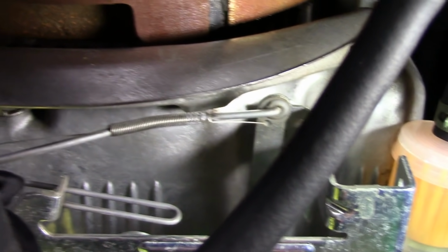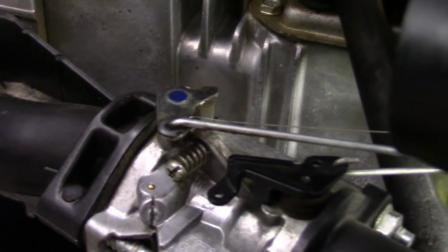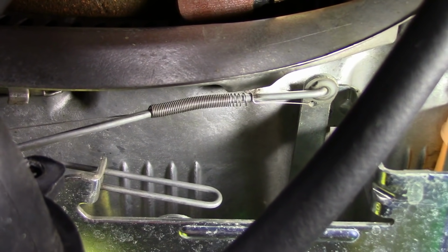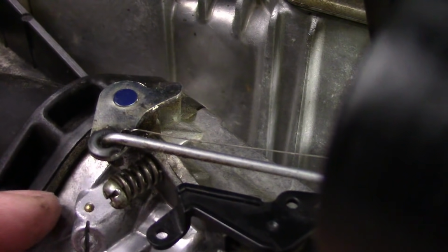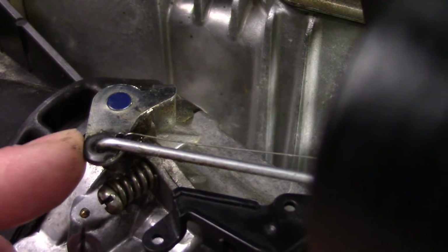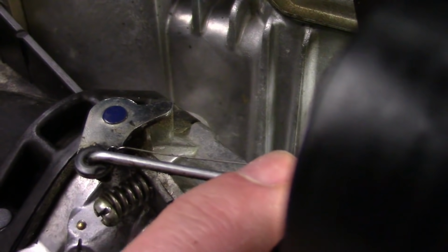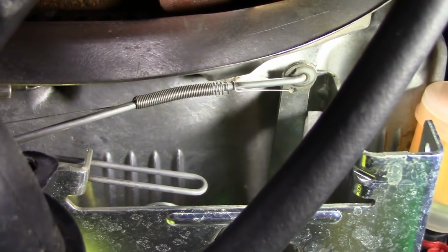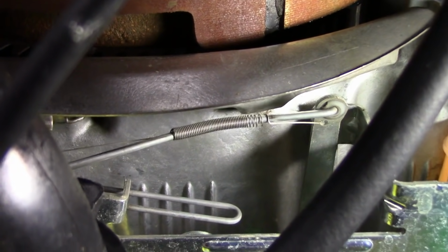And again, I'm not really too sure what this spring is even doing here. What it seems to be doing is taking up any play movement in the linkage. So, you know, it's pulling back on this arm, so any play in here is being taken up. That seems to be its only purpose. I honestly don't know. If anyone wants to comment, it'd be interesting to know what this little spring is for,